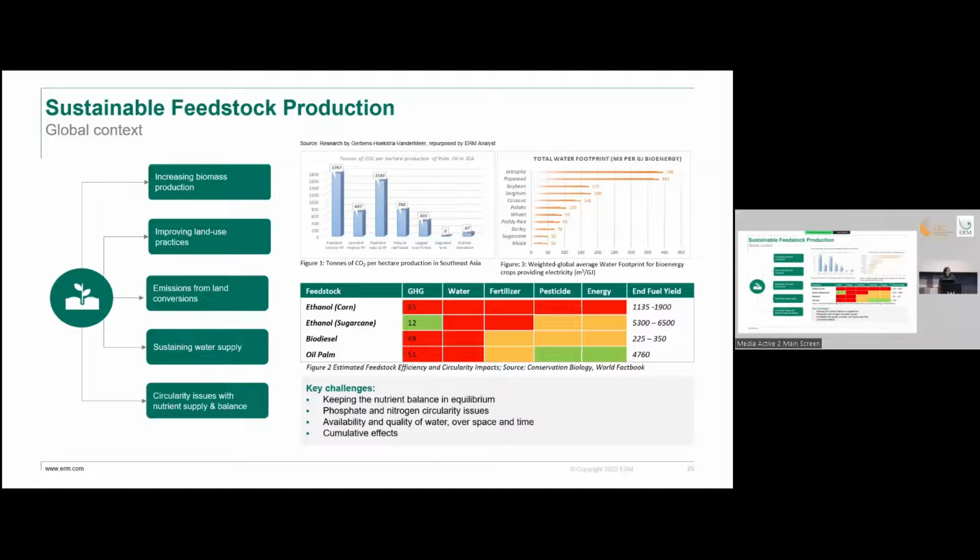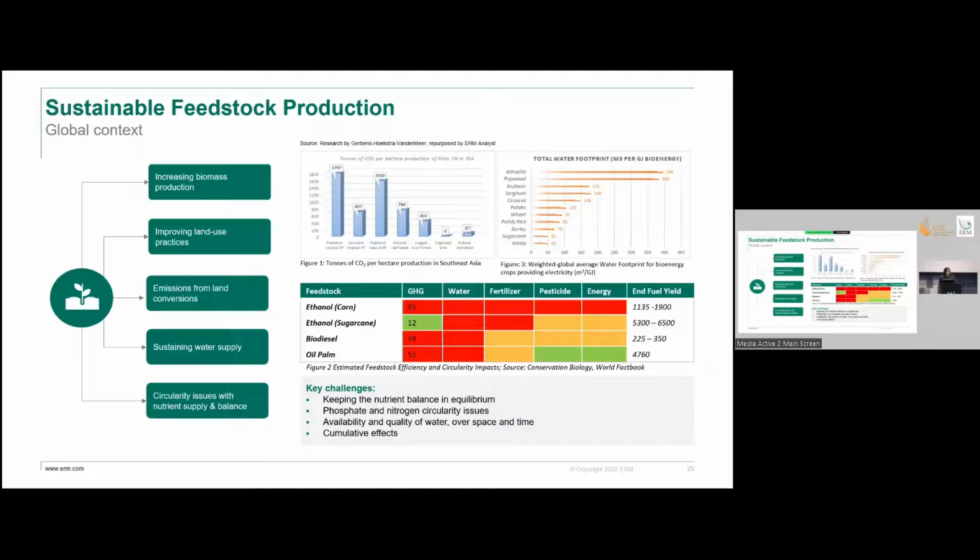depending on the type of land that you use for a type of crop production, there is a huge impact in terms of emissions. Similarly, depending on the type of crop that is under agriculture, there is a huge impact on the amount of water that it consumes, which also indirectly and directly links to the weather conditions of that